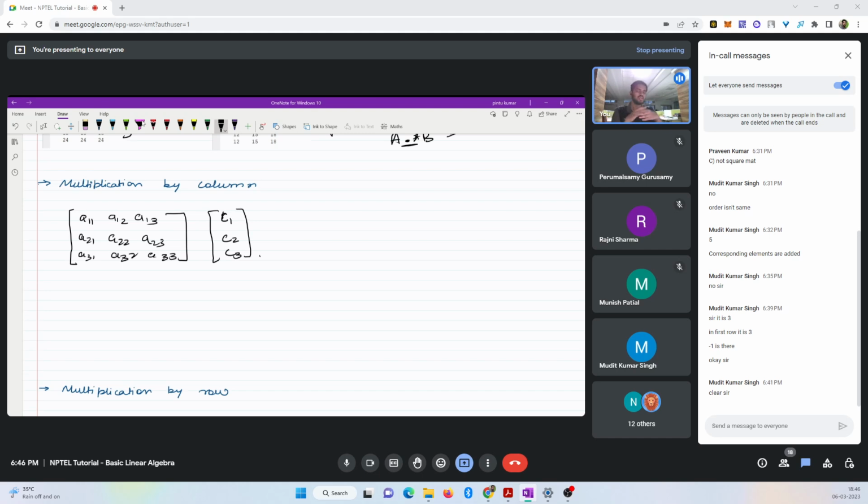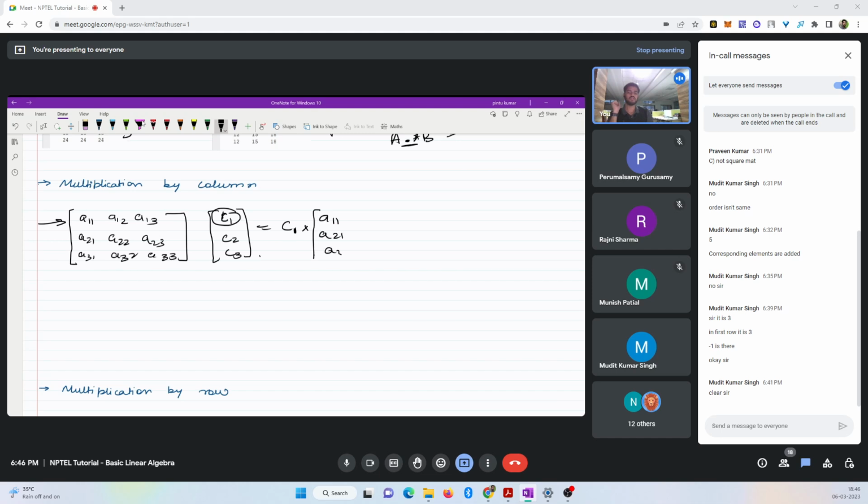What does this mean? This is what he explains in a very great way. You want to multiply C1 with the first column,